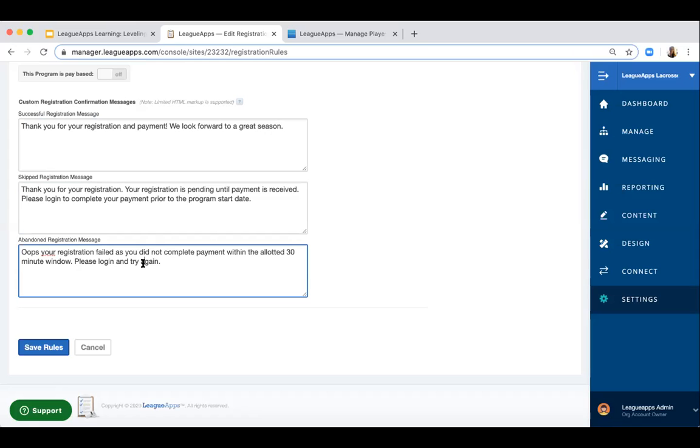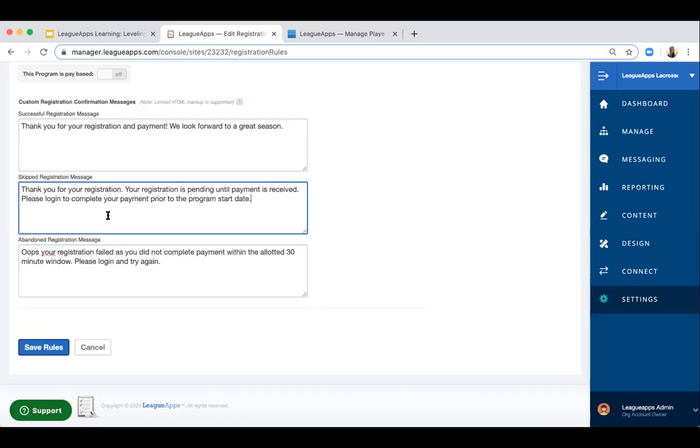So what you would want to do with these default registration settings is configure them so they cover as wide an array of programs as possible. And then when you're creating a program, all of those settings will be in place, and you just have to tweak them a little bit to get them exactly how you want. So the three messages here that are all automated are a successful registration message. So when someone registers for a program and it's successful. If it's a paid program, that means they registered and payment was successful. If it's an unpaid program, it means they had a successful registration.